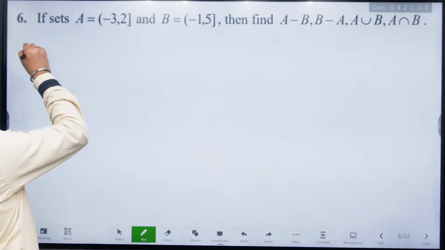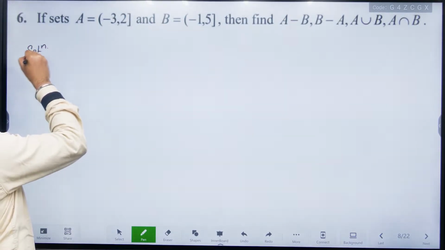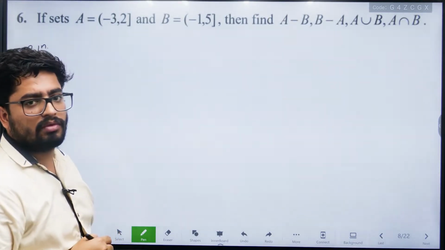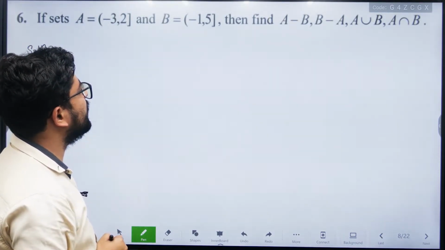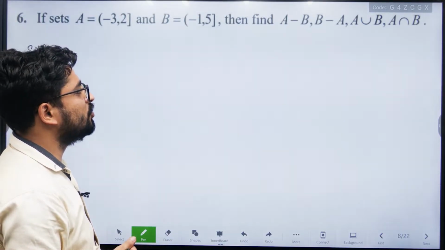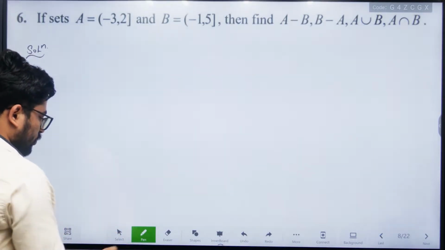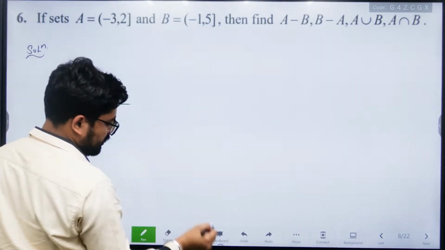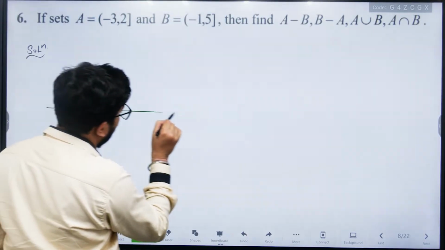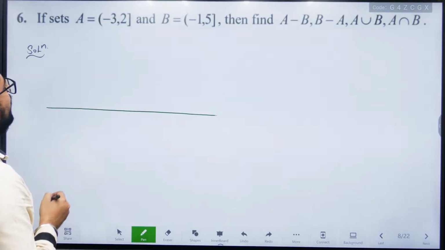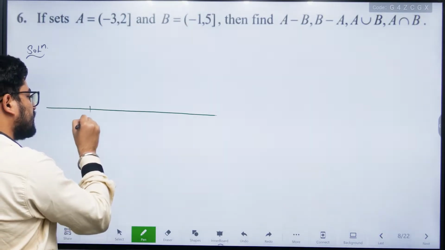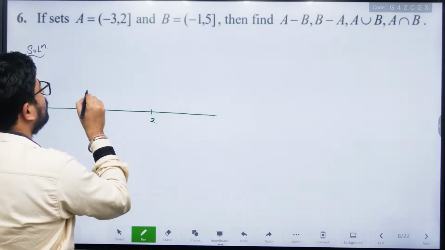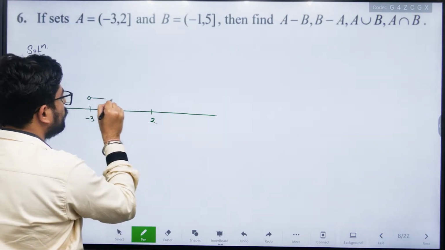Sixth question. And the solution is here. A is equal to the interval from minus 3 to 2, a semi-closed, semi-open interval. Similarly for B, you have to find A minus B, B minus A, A union B and A intersection B. So let's draw your number line. Let's say this is the number line. You have A as minus 3 to 2. Let's say minus 3 is somewhere here and 2 is somewhere here. So minus 3 open to 2